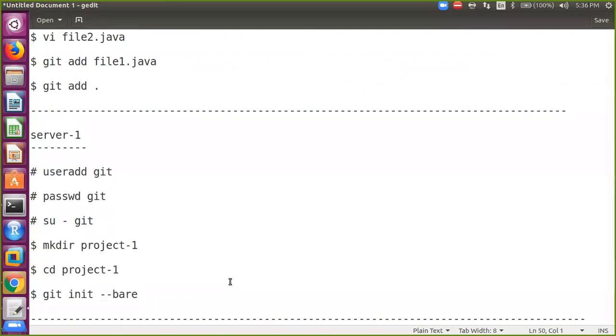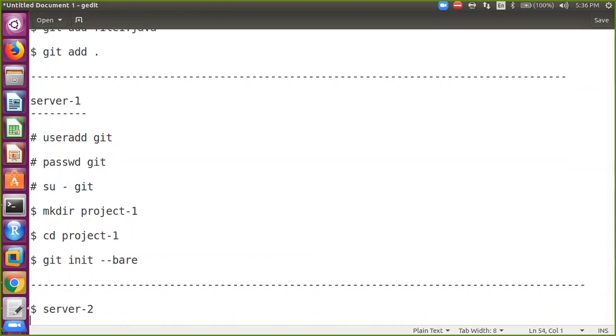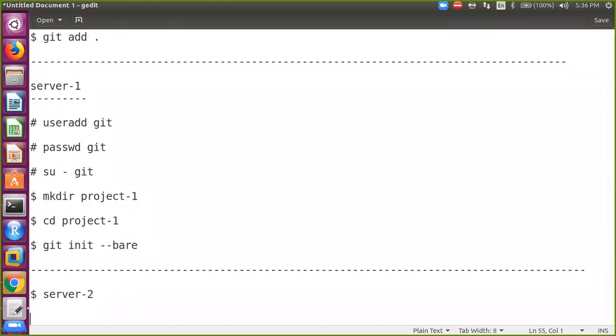Where I want to write, I am going to write on my user account, which is there on server 2. On server 2, I have my user account, as user Mohan.